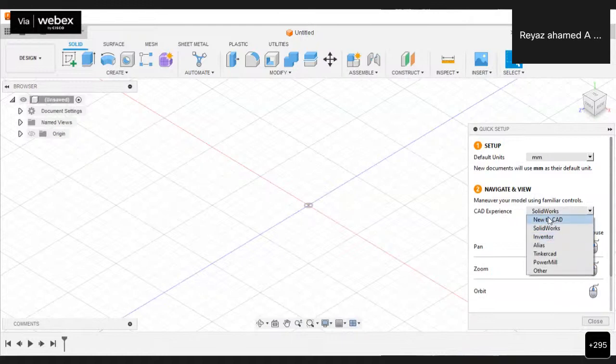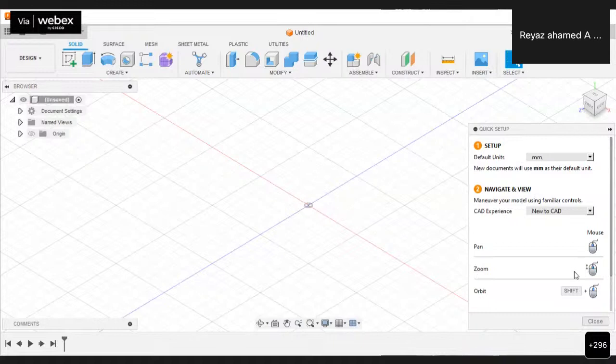But if you are new to computer design software tools, you can choose new to CAD itself. Here, for pan you may use the central scroll button. Just click on the central scroll button and move wherever you need, and the model can be moved based on your mouse.